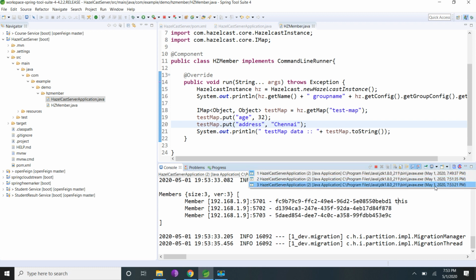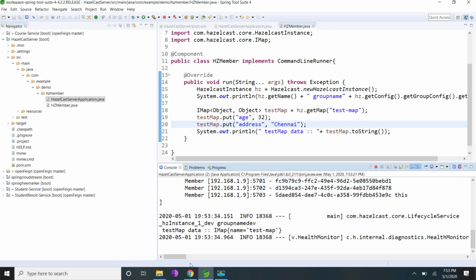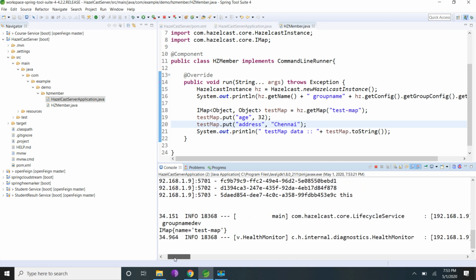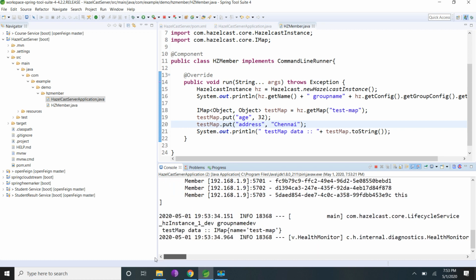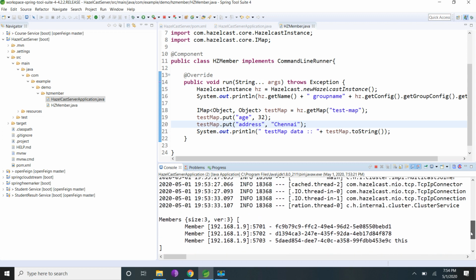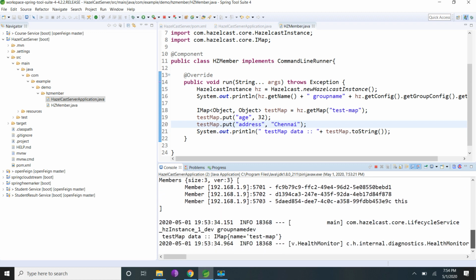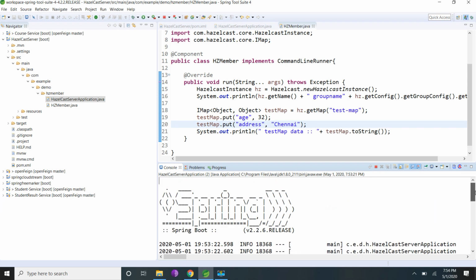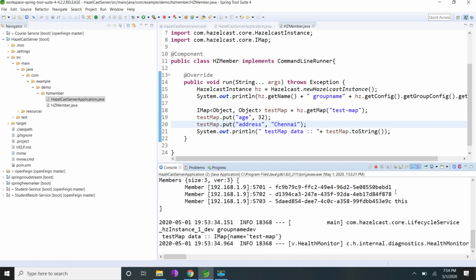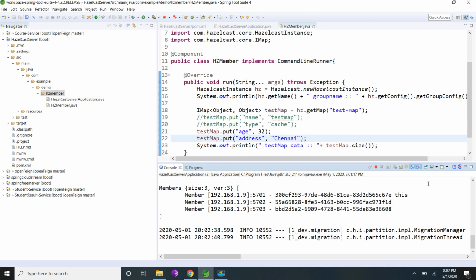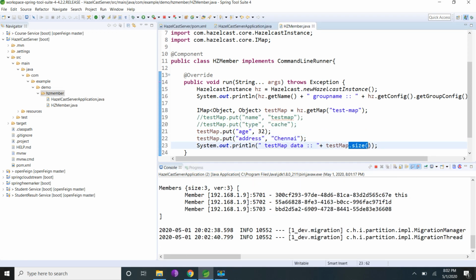Let me go and check the node which I have started recently. So I changed from test map to size to check how many elements are in our map.